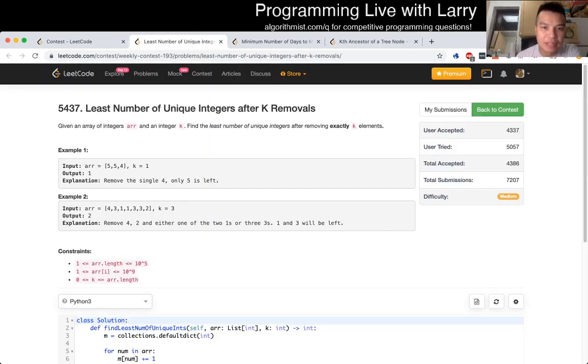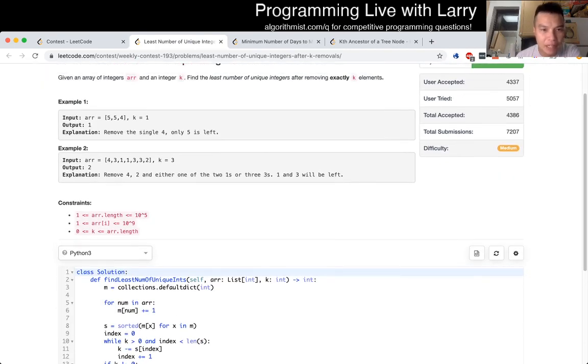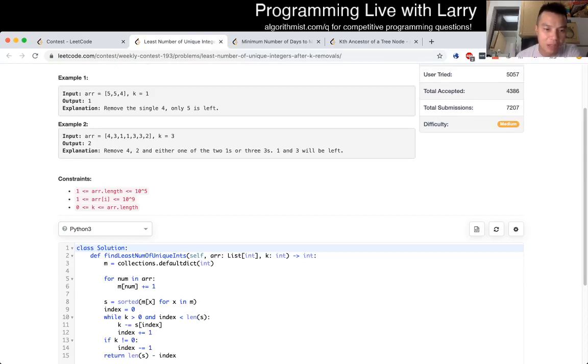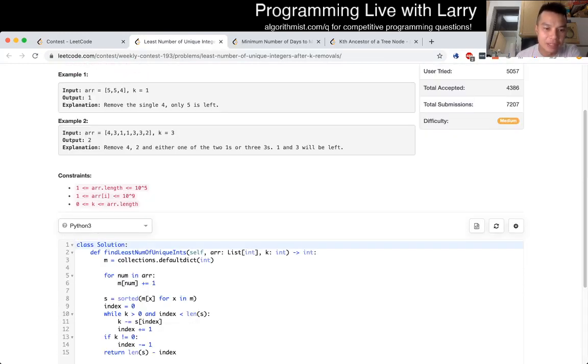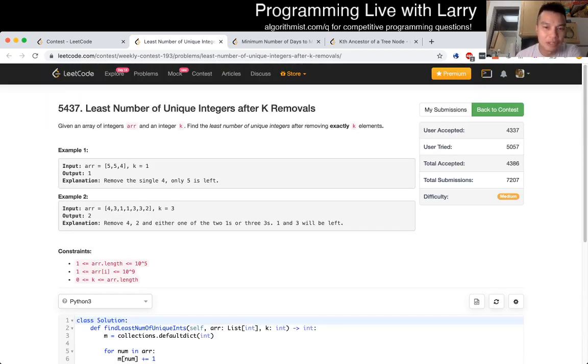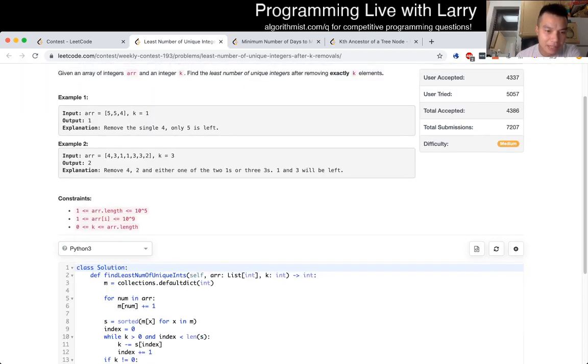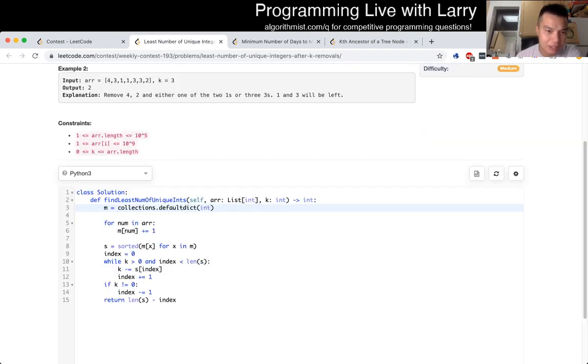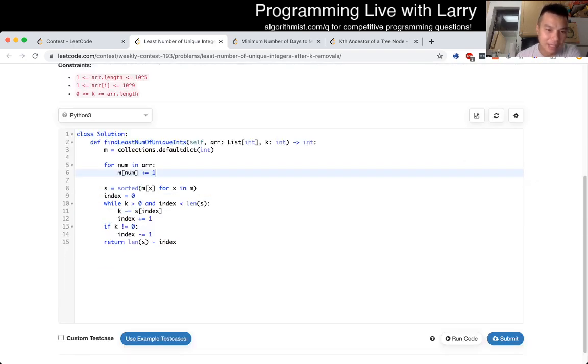Q2, least number of unique integers after k removals. Yeah, so this one, I was a little bit careful while I was doing it because I didn't want to get an off-by-1 error. So you saw me test a lot. But the idea is that it's greedy. To get the least number of unique integers, we want to remove them from the fewest to the most often. I did that by putting it in a hash table. I guess I could have used a counter actually in this case. And I sorted from minimum to max, and then just removed from the beginning until we meet all k. I had to check for the 0 case because of the removal,